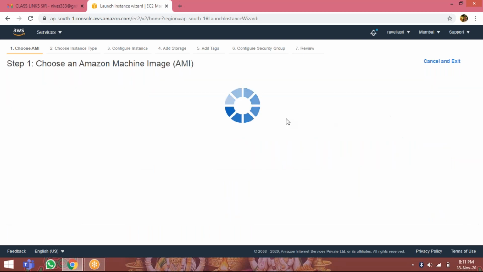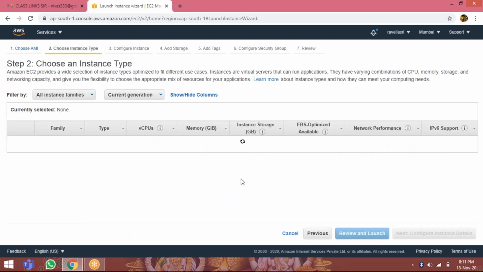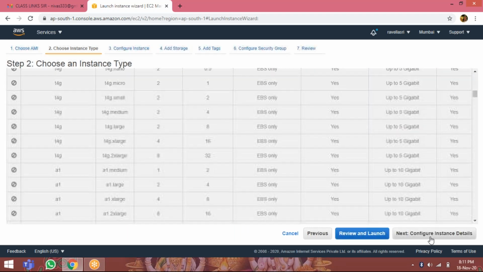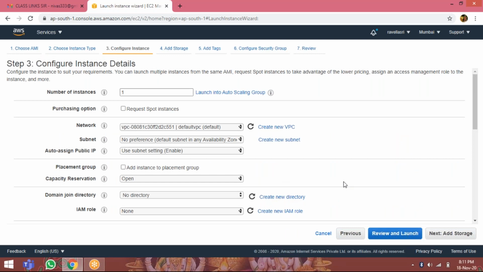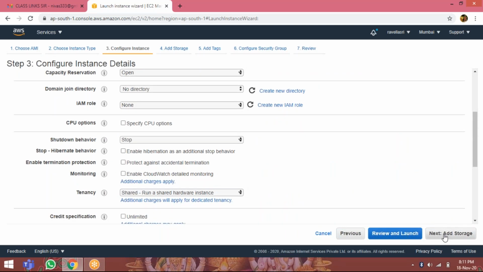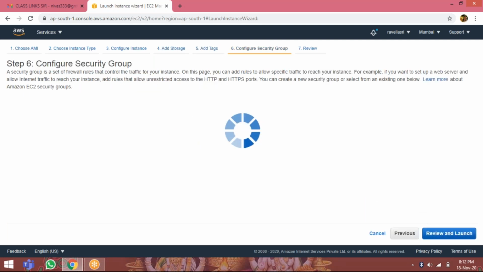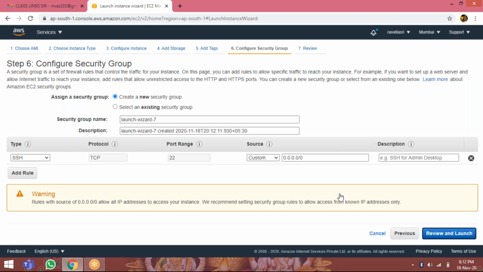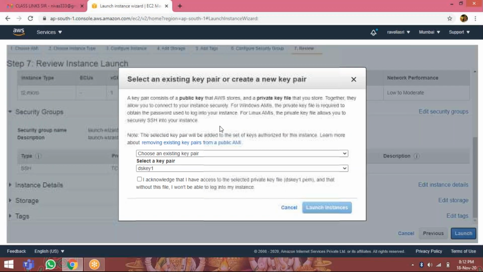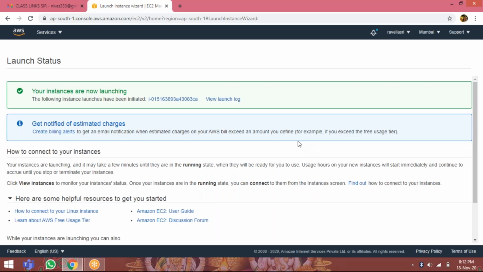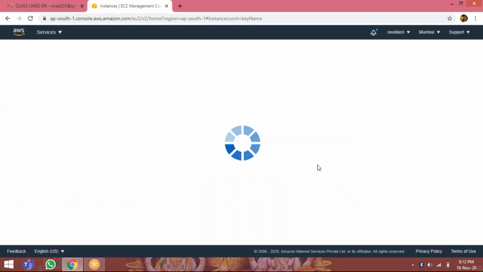select the Amazon Linux image, configure instance details, select defaults only, click on add tags, configure security groups, default SSH, review and launch, click on launch, select the key pair, click on launch instance, click on view instances,